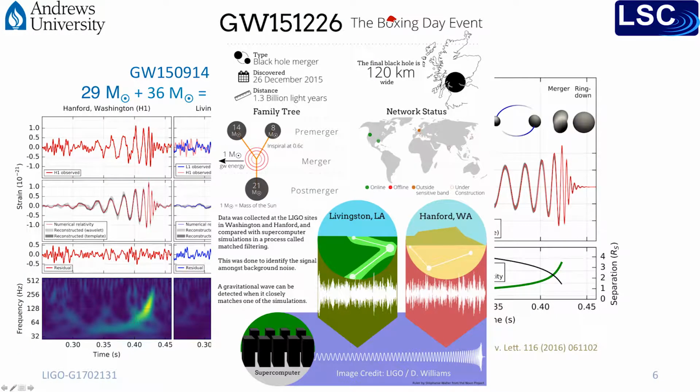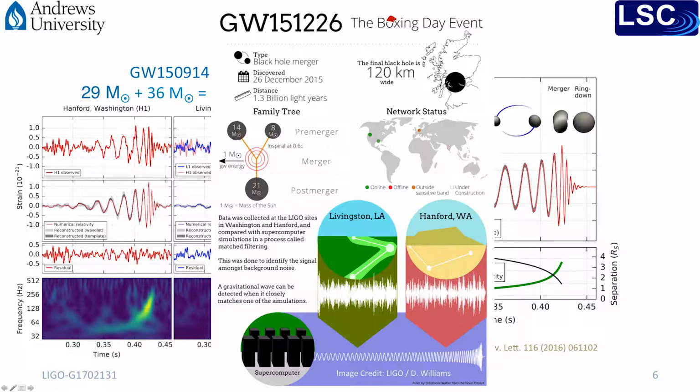Just a little time later, on December 26th, we affectionately call this the Boxing Day event, on December 26th of 2015, yet another gravitational wave signal from the merger of two large black holes was measured. This time we had a 14 solar mass and an 8 solar mass black hole collide to form a 21 solar mass black hole. And this occurred about 1.3 billion light years away from Earth, which was about the same distance as the first